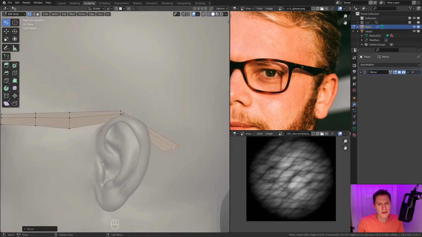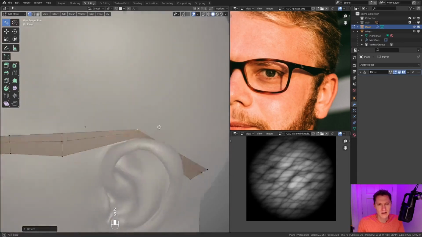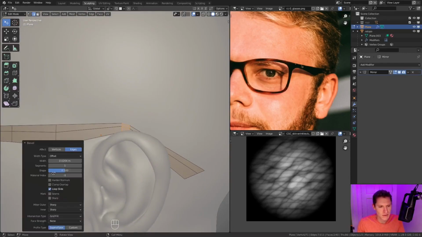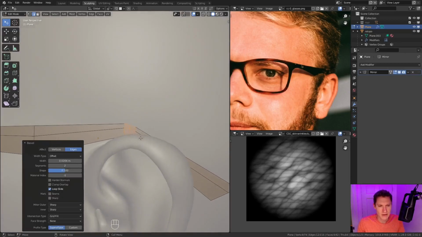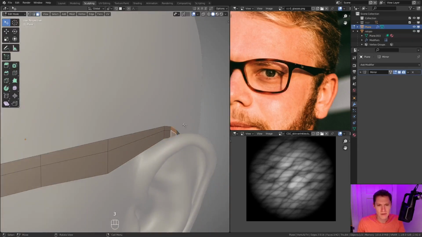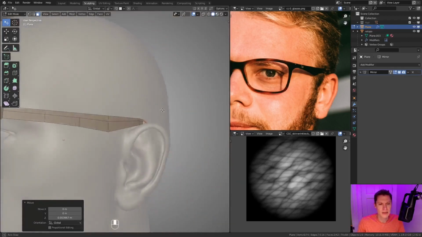And then, let's see, I might need to scale this up. Also, probably should bevel this, Control B. Let's make sure that we have 2 segments. And let's see, maybe move this up a little bit. I don't want it intersecting with the ear too much.